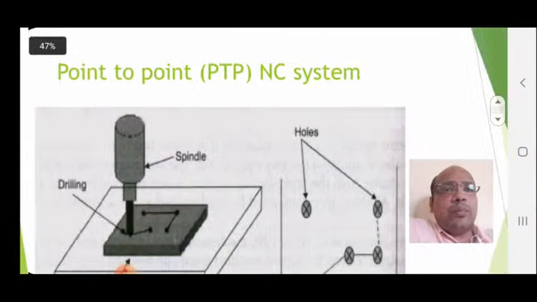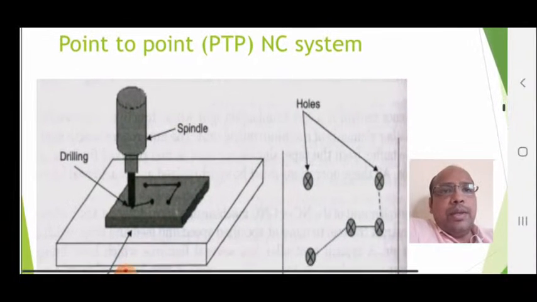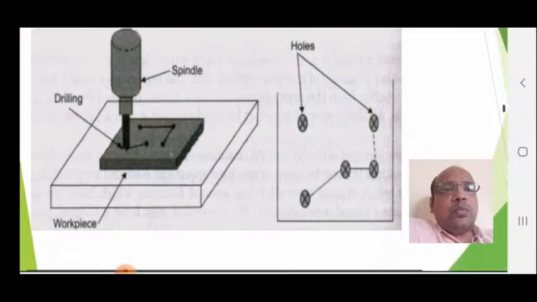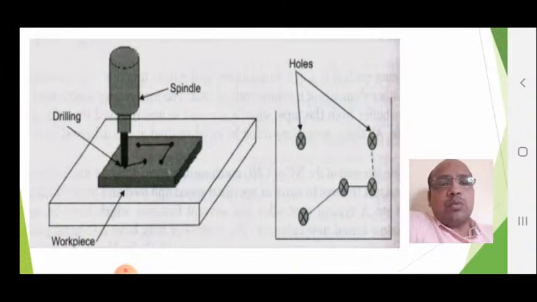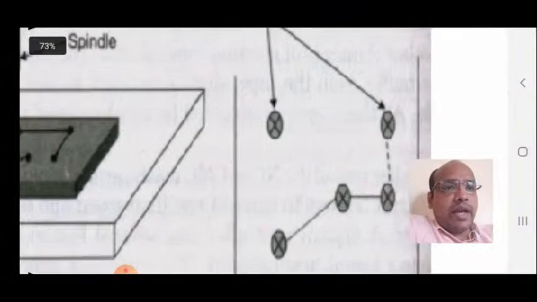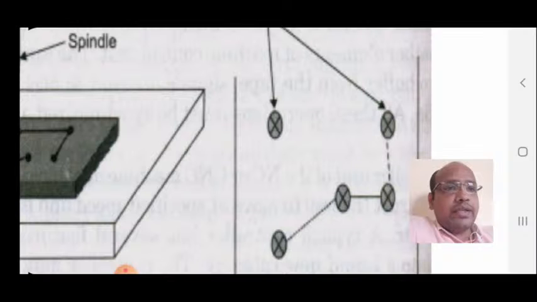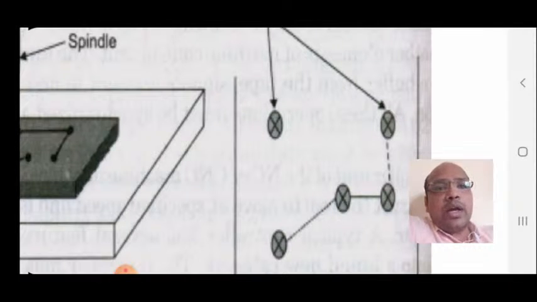So the first one is a point to point NC system, PTP. In this point to point NC system, the workpiece moves from one point to another point in a linear motion. You can see this diagram. These points indicate the motion direction of the workpiece. Each point has coordinates and the tool moves from one point to another point, to the third, to the fourth,